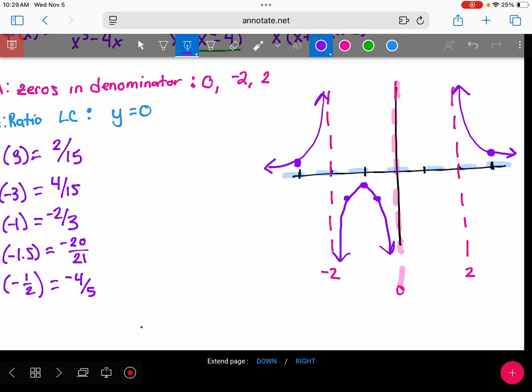One last section to go. And you can do any of the points we need to between 0 and 2. We can do 1, we could do 1/2, we could do 3/2, we could do 2/3, whatever options you want to do. But we need to figure out a couple of values in there so that we can figure out what this is going to look like. So if we do our f of 1,